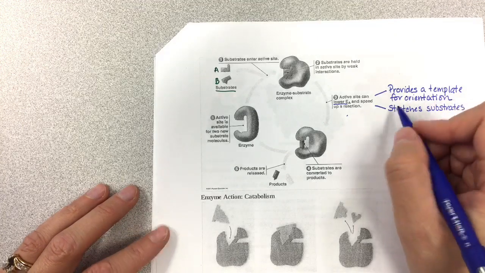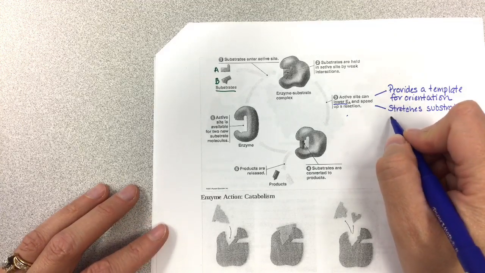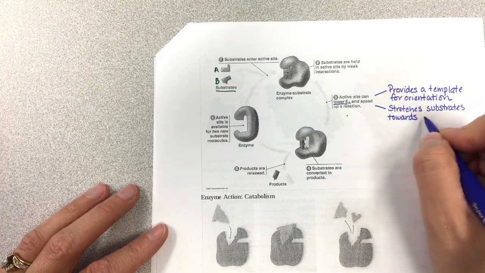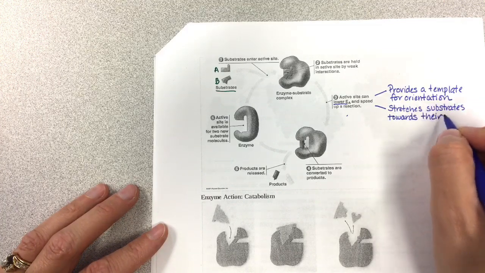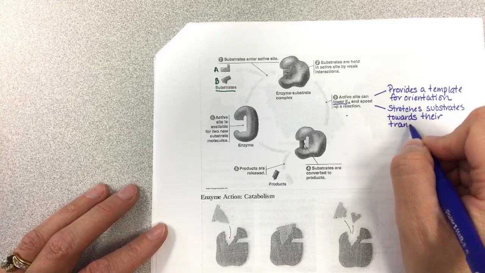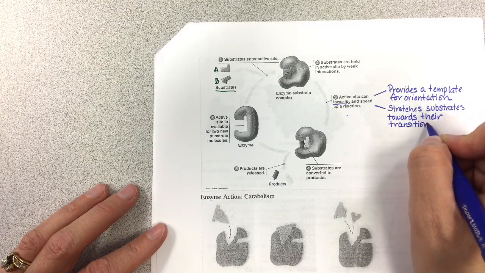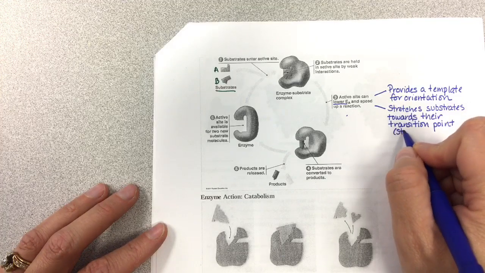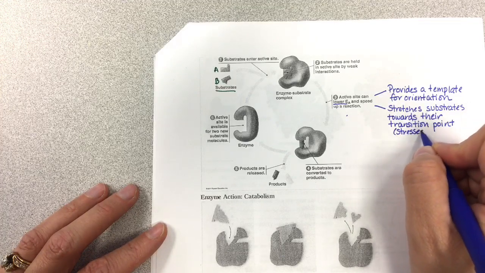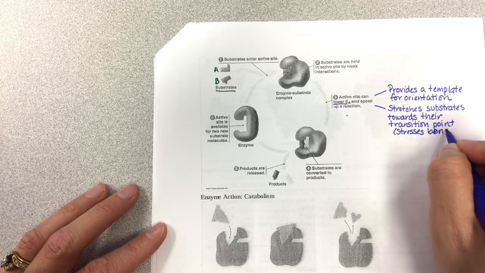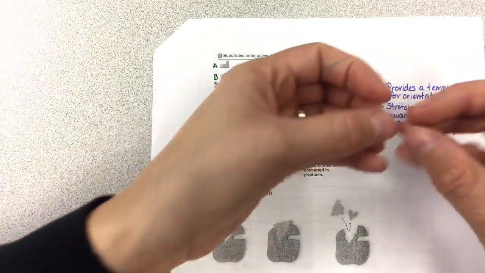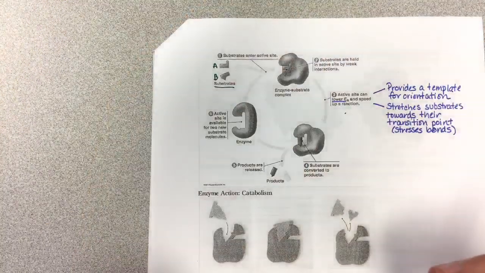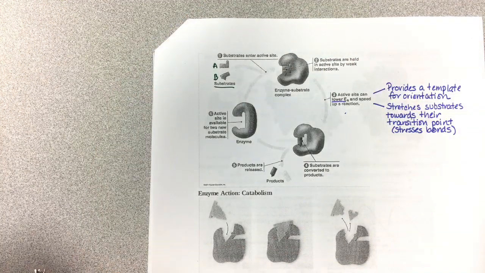Stretch the substrates toward what is called their transition point, meaning that it puts stresses on the bonds. All right. And when it stresses those bonds, less energy is needed to break those bonds and to cause them to reform, and so on. And then,